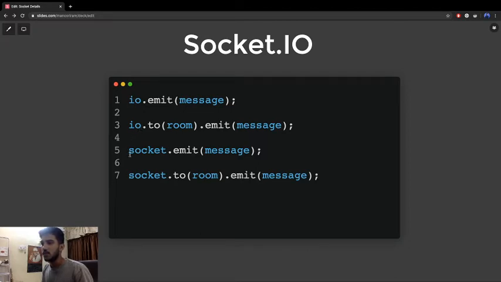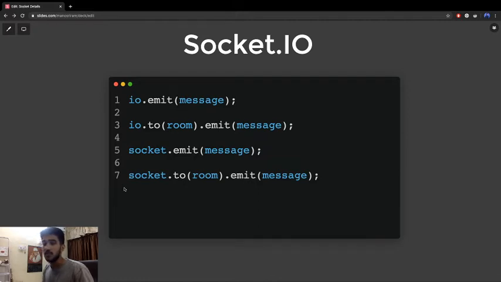So the other two are actually quite simple. One is socket.emit(message). Socket.emit is the exact opposite of io.emit. io.emit, as I said, emits to everyone connected to the server, and socket.emit is emitted to a single user who is connected to the server.